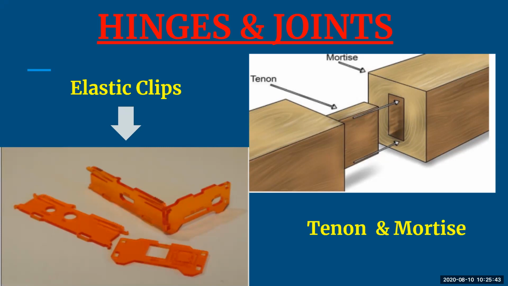You can see. So if you want to clip it, then you can clip it using your elastic clips. To hold the different structures of the tenon and mortise, these clips are used. Basically, they help you to tighten your tenon sheets so that you don't need any glue or any fixing. These are the clips which work on your tenon and mortise to make the tenon hold.